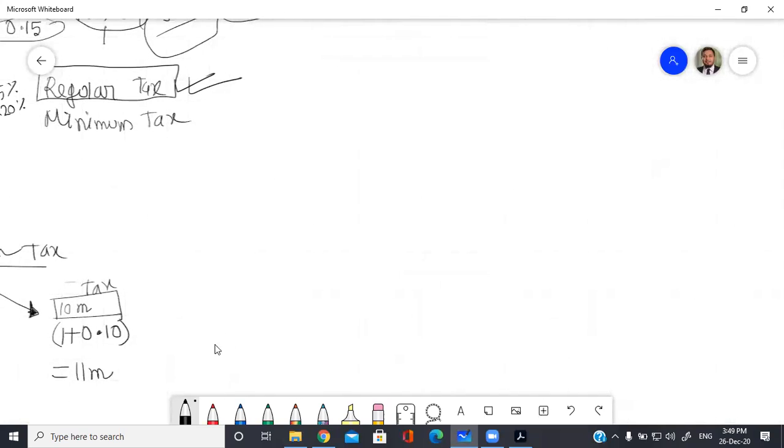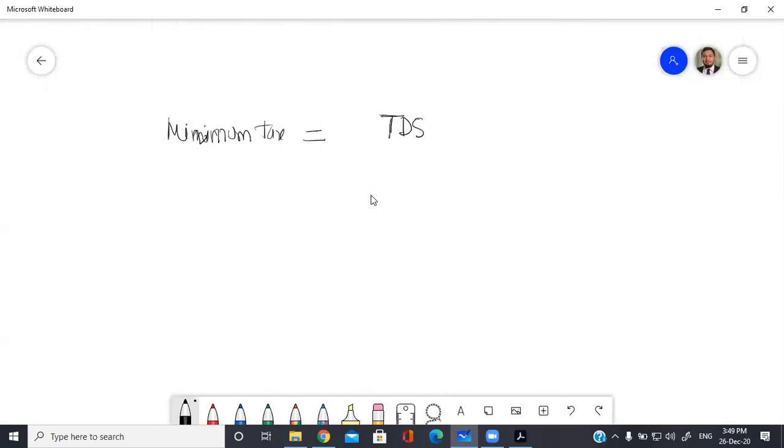Oh, okay. Now what I would like to mention is that if TDS has been calculated mistakenly based on an amount which should not be the amount. Say TDS is to be calculated based on 10,000, but it has been mistakenly calculated based on 11,000. In that case, subsequently, when it has been discovered that it has been mistakenly calculated based on 11,000, but it should be calculated based on 10,000,